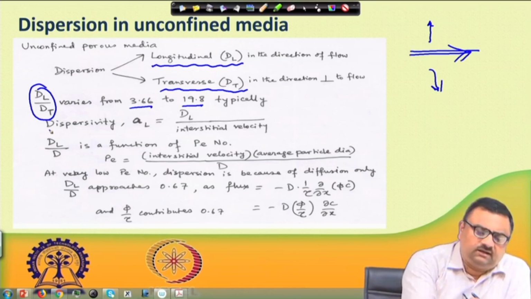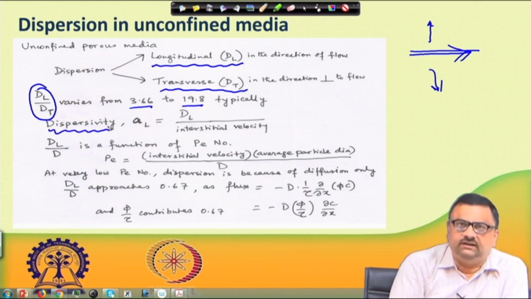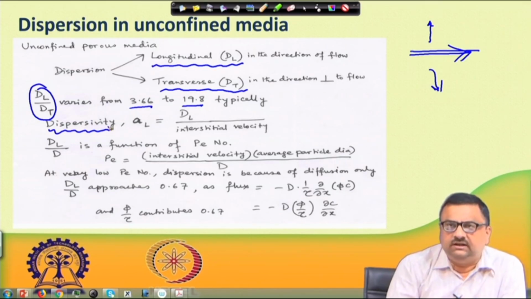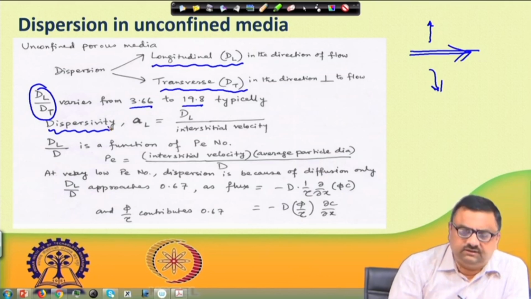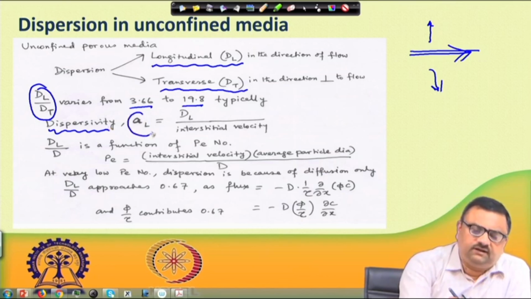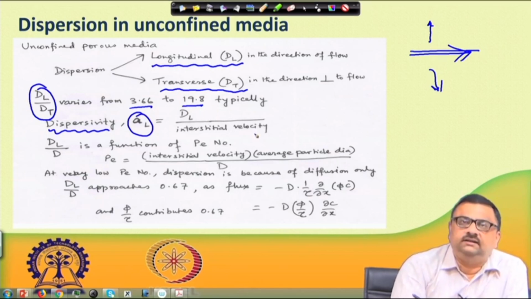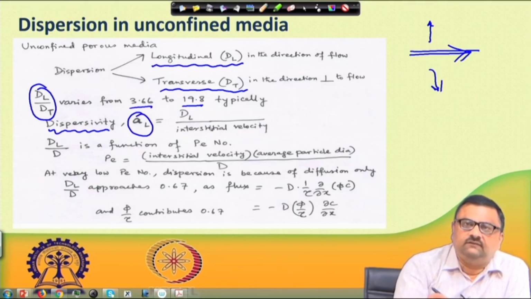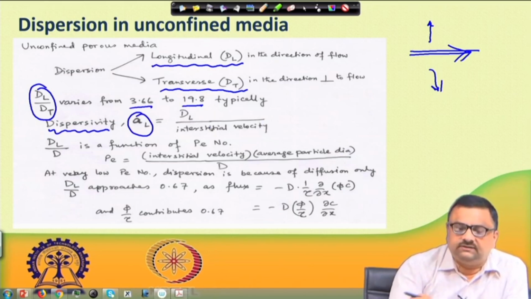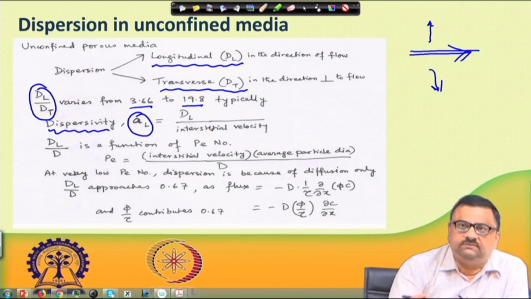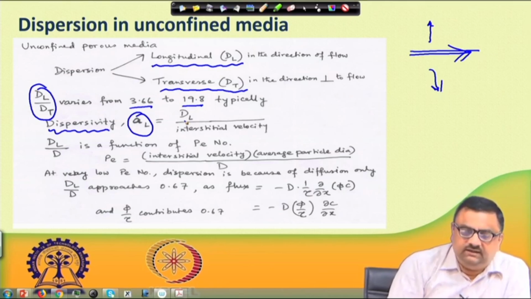In this context, there is a term which is defined, which is called dispersivity. In porous media literature and porous media related software, generally they ask what is the dispersivity we should consider. So, dispersivity is defined as AL, which is the longitudinal dispersion divided by the interstitial velocity. A lot of times in software you may be asked to feed in this data, what is the dispersivity. So, dispersivity is nothing but longitudinal dispersion divided by the interstitial velocity, and DL by D itself